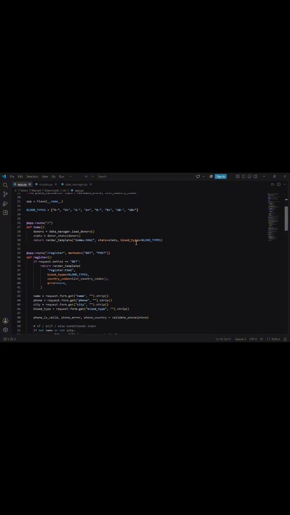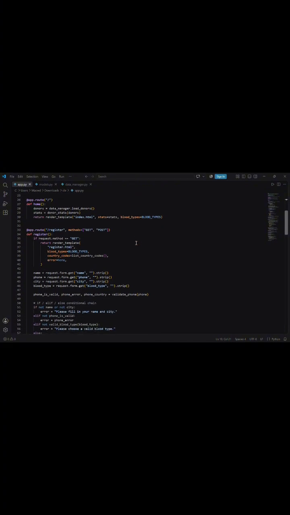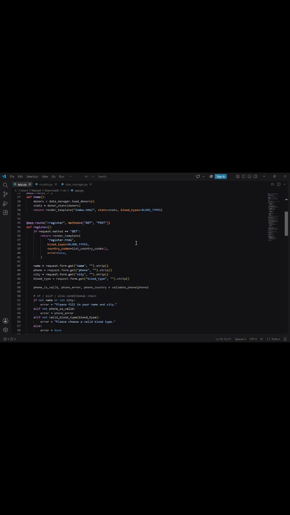HTML form. So for the home page, it loads every donor from storage, computes stats, the total donors, breakdown by blood type, list of cities, from donors and stats in the module, and hands both to index.html to render the landing page. And then moving on to the register, where we sign up a new donor,